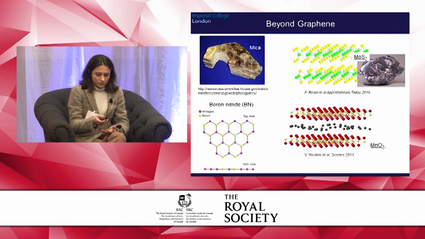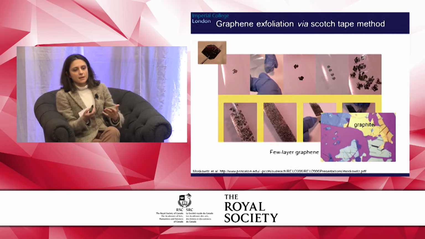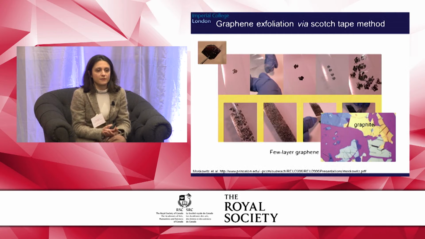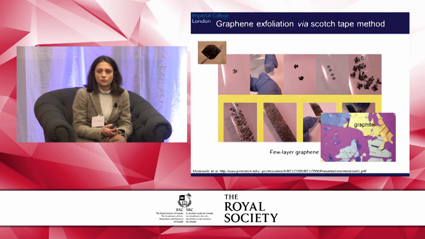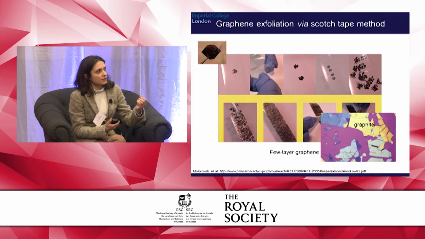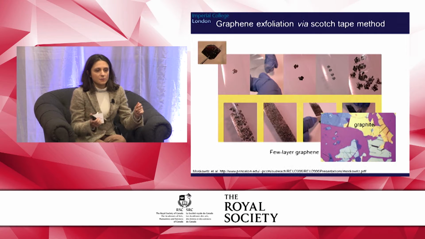Okay, so all these 2D materials anyway need to be isolated. As we know, the first example of how graphene was isolated for a long time by physicists is via mechanical exfoliation. So we take Scotch tape, and if we have natural crystals of graphite, we stick them on the Scotch tape, and we start peeling off the Scotch tape